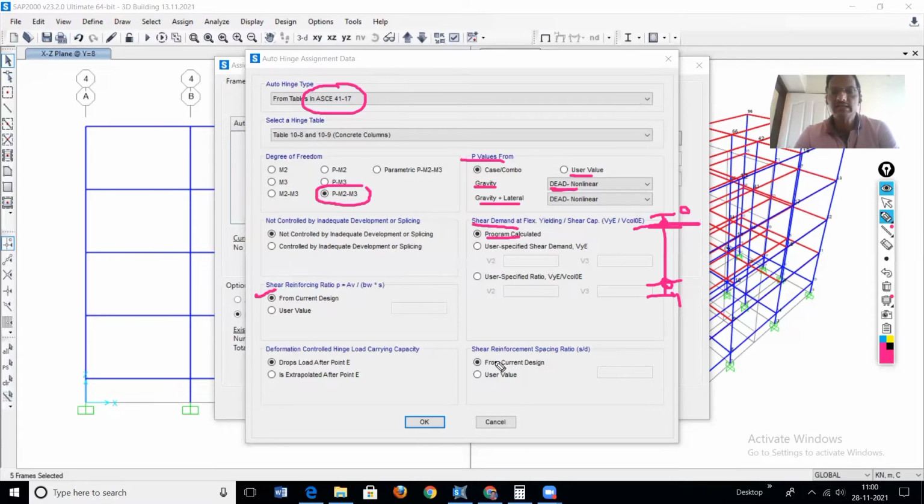This building is already designed, so it is not necessary to do much calculation for this. This is the beauty of the auto hinge. The user need not do any type of calculation. You just appropriately select these particular options. Whatever the building to which the shear wall nonlinearity is to be defined,